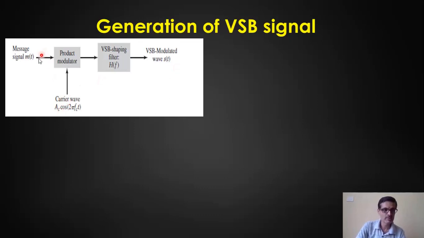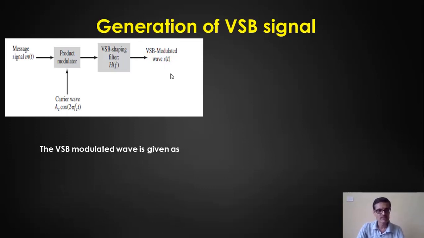Now, as you know, when I multiply a message signal with a carrier using a product modulator or an analog multiplier, the output is always DSB-SC, the double sideband suppressed carrier. That means the carrier is already suppressed, and out of two sidebands, I need to choose one sideband and some portion of the other sideband. If this band pass filter has a frequency response equal to H of f, which I showed earlier, it will allow only that component to pass through it. That means the output will be a VSB signal.